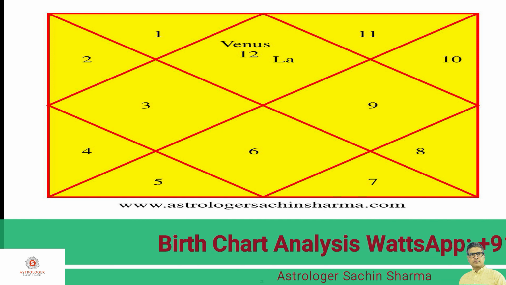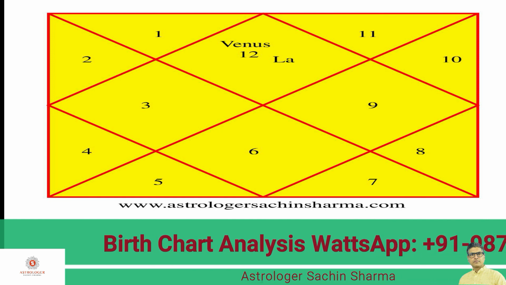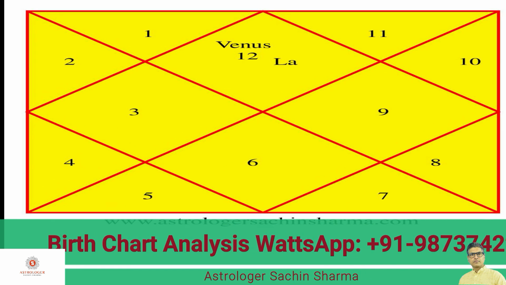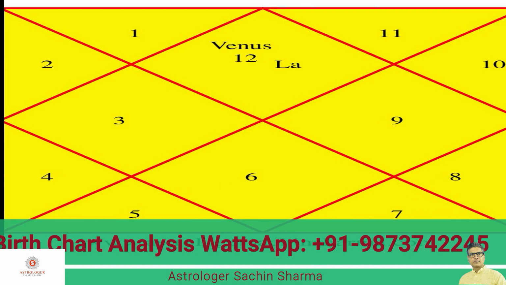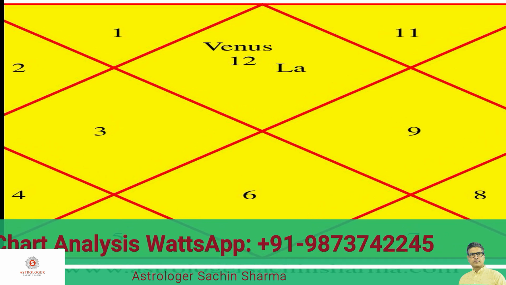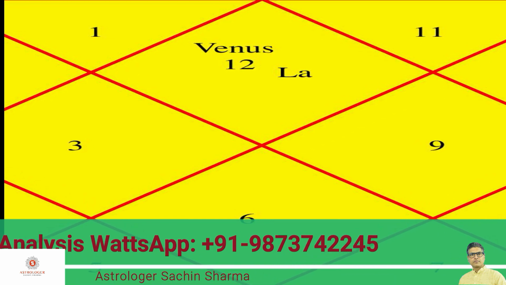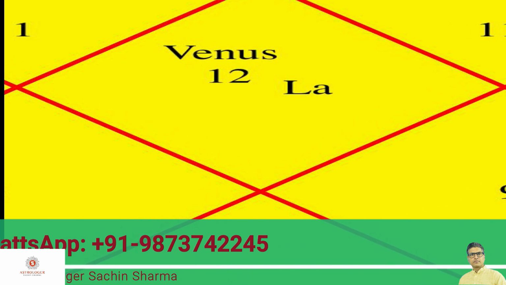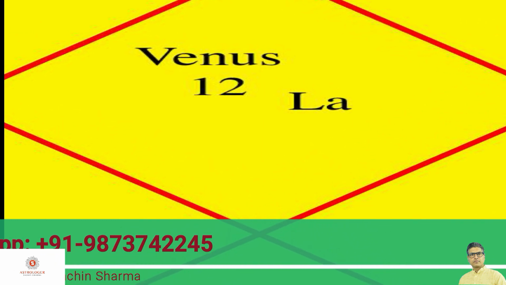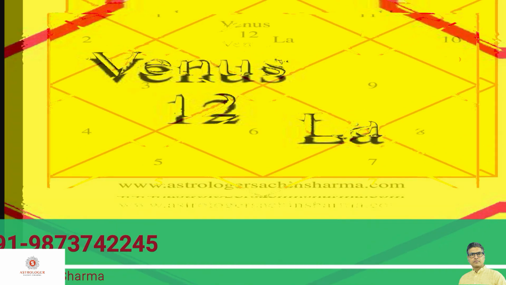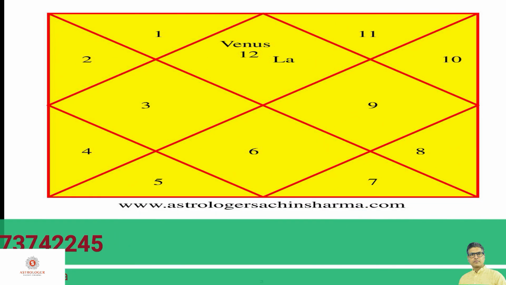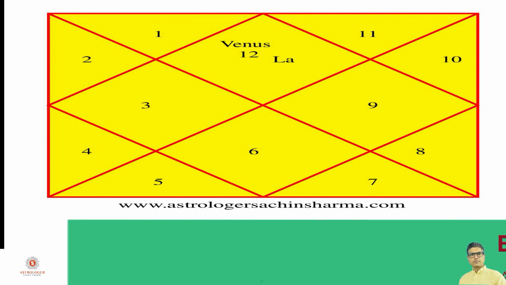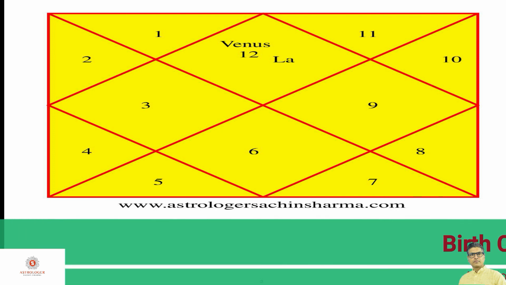Now let us understand this concept with the help of birth chart. In this birth chart we can see that Venus is placed in the house where 12 number is written. Therefore in this birth chart such person will be getting very positive results of Venus during the Mahadasha of Venus here. What is Mahadasha and Antardasha? We will be discussing this in the later part of this video. In such cases, Venus will give the person huge wealth, which is a dream of every person in his or her life. So I think your concept related to exalted sign is getting clear here now.